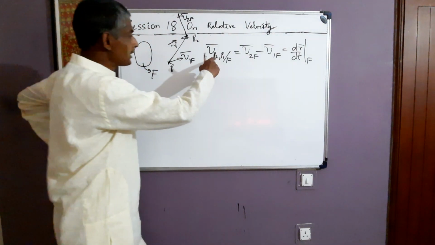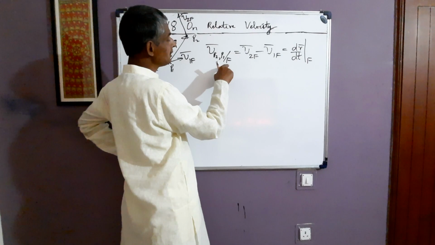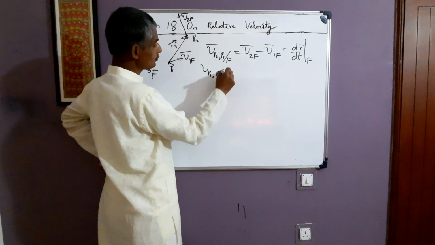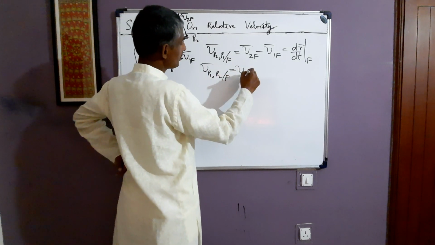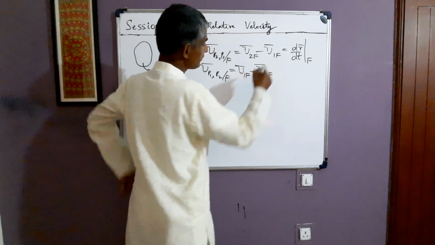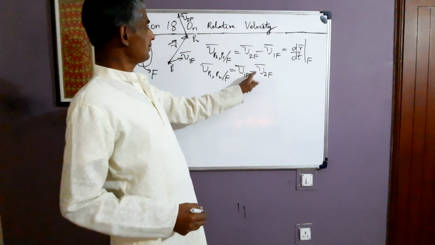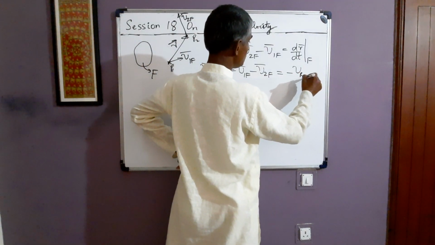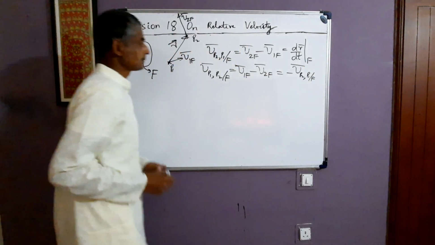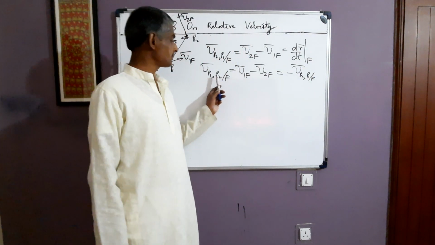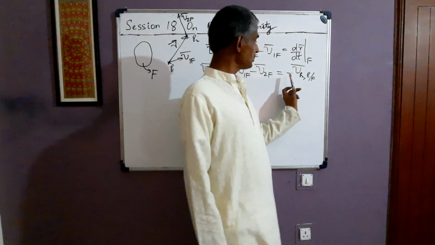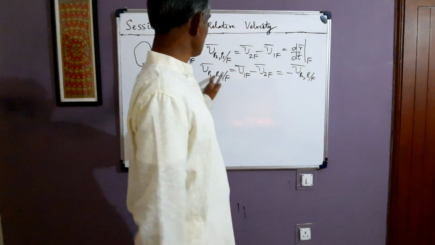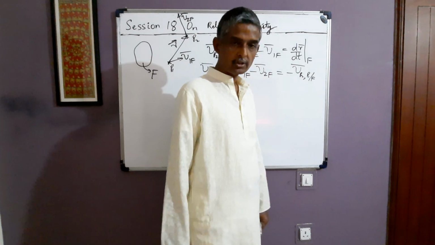One more thing I would like to say. Relative velocity of P2 with respect to P1 in frame f is v2f minus v1f. So the relative velocity of P1 with respect to P2 in frame f will be v1f minus v2f, which is just the negative of this quantity, minus v P2P1 f. This means the relative velocity of P1 with respect to P2 in frame f at time t is the negative of the relative velocity of P2 with respect to P1 in frame f at time t. That is, these two relative velocities have the same magnitude but opposite directions.